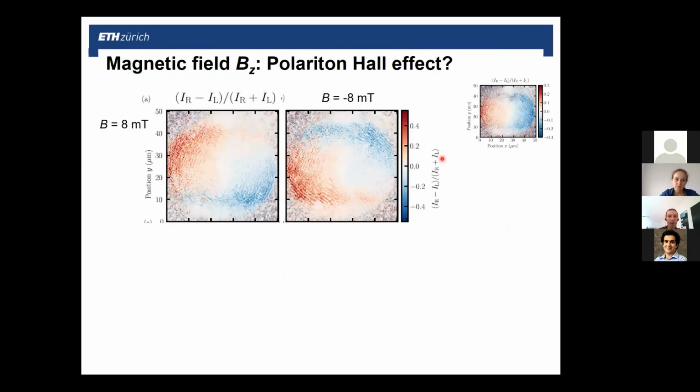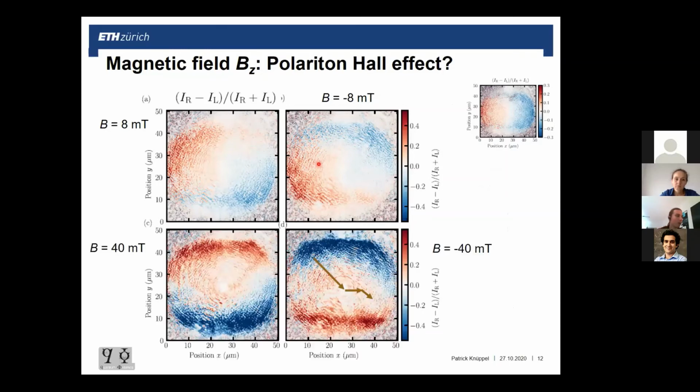So now allow me to introduce a magnetic field in Z direction. So what then happens, the electric field we apply always stays in the x direction. What happens is that the pattern starts to rotate. So now, as a function of the magnetic field and its sign, the polaritons get accelerated up to the transverse direction, even if for 40 millitesla, which saturates in this, the effect in this sense.